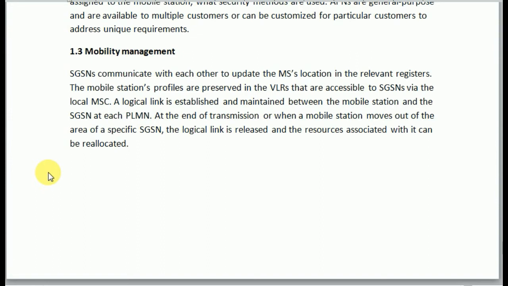A logical link is established and maintained between the mobile station and the SGSN at each PLMN. At the end of transmission, or when a mobile station moves out of the area of a specific SGSN, the logical link is released and the resources associated with it can be reallocated.